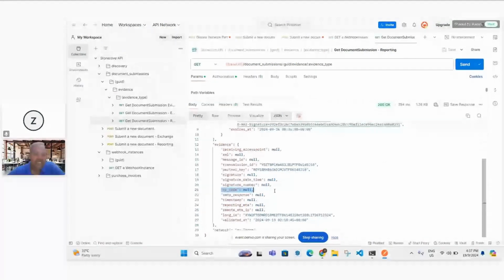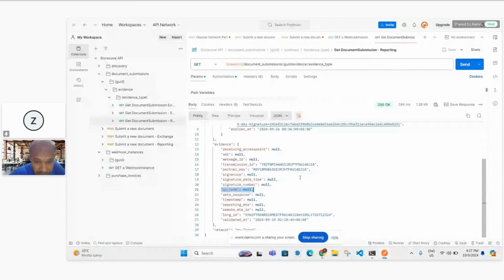We also provide this in countries where the government generates the QR code and provides it back in the response. So only in that localization or jurisdiction where the government is generating the QR code on your behalf, or the tax office is creating the QR code, they would then return it in the response message and we would provide it to you. So that sums up sending an invoice through the Exchange network,